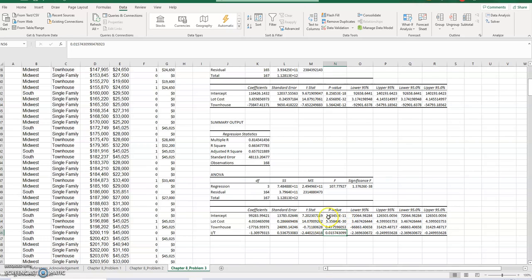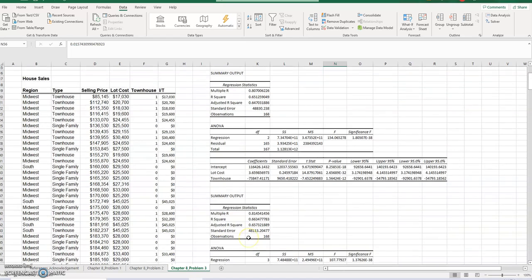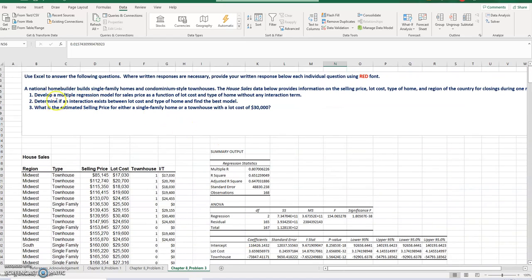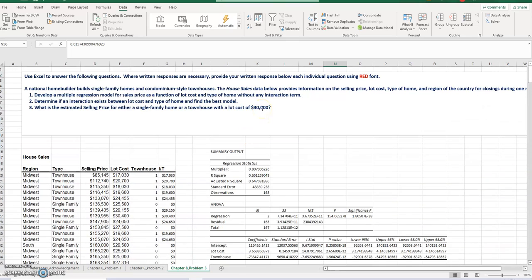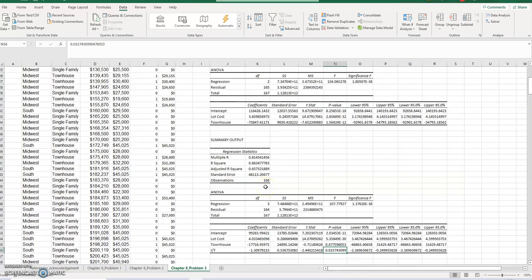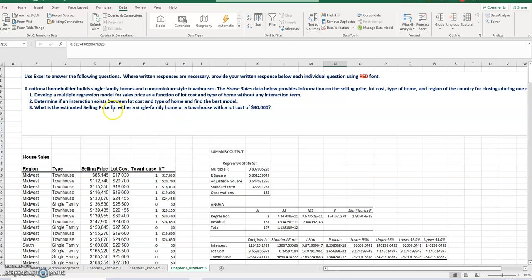So I hope that's helpful, and it's probably more than you're interested in this week. These are the results you're looking for to say that yes, you do have a significant moderating effect, or interaction, to answer question 2. And then you can use the model down here to find the selling price for a single family home or townhouse. I don't care which model you use, one or the other, as long as you make sure the variable inputs are correct. The only thing you want here is to do it for a single family home or a townhouse with a lot cost of